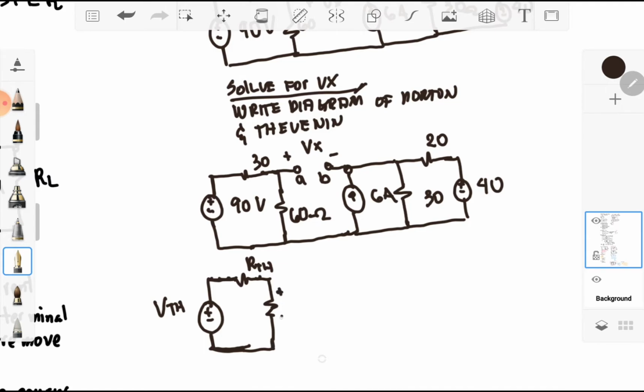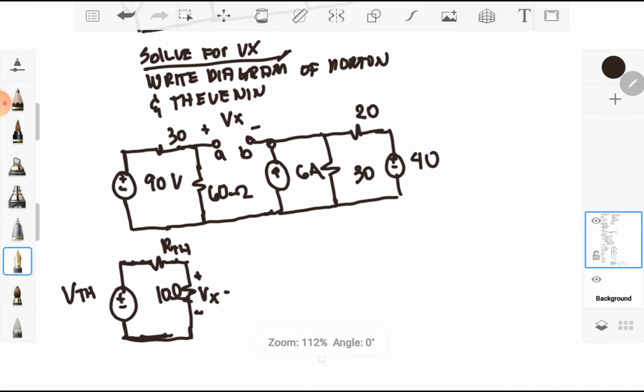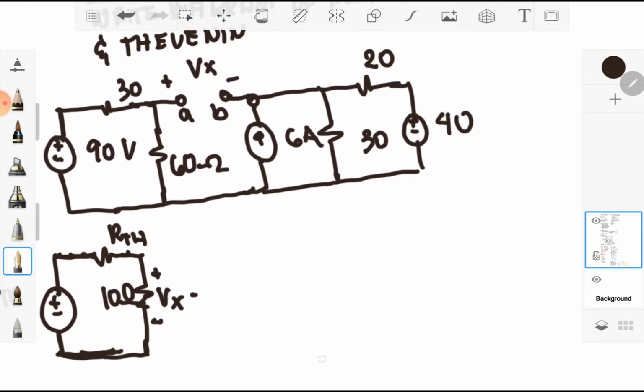So hindi natin tatanggalin yung sign niya. Okay, which is 10 ohm. Okay, so let us solve for RTH. Solving for RTH,